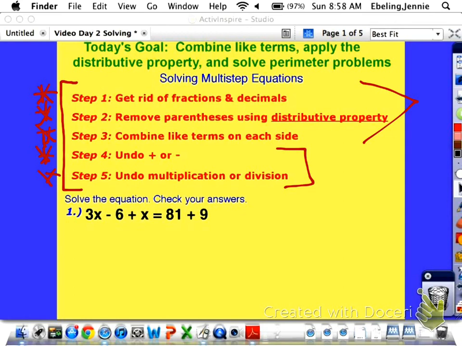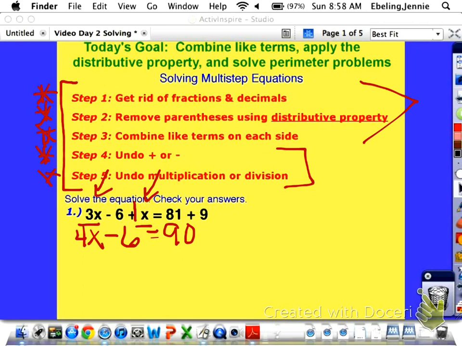Number 1 down here, 3x minus 6 plus x is equal to 81. When I look at that, I see I have two terms that have the x in them. They are separated, but I need them to be together on the same side. Well, right now they are on the same side of the equal sign, so I need to put them together. This x doesn't have a number in front of it, so it's assumed to be a 1. When I put them together on the same side, I just add them up. 3x and 1x is 4x. Bring that minus 6 down, is equal to